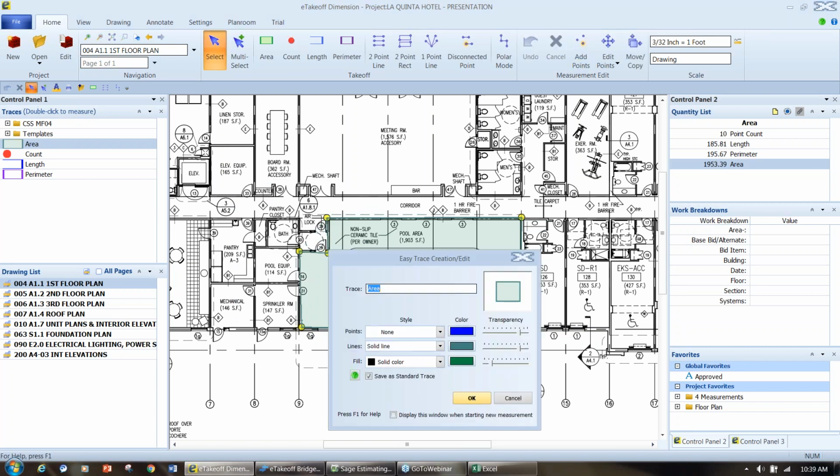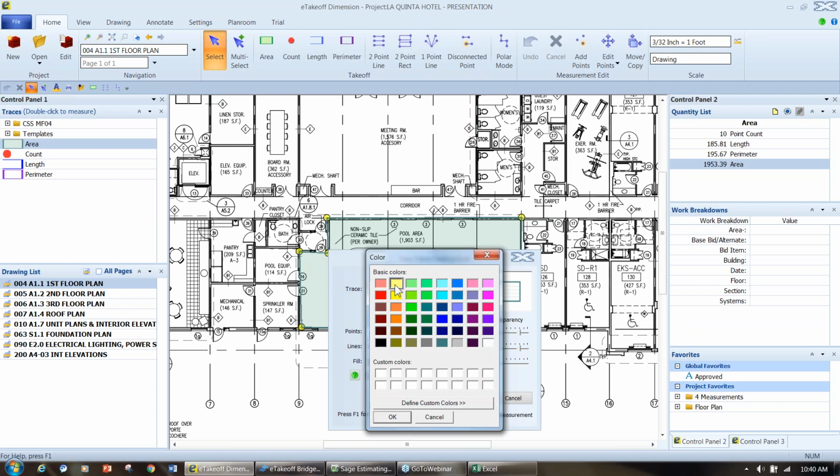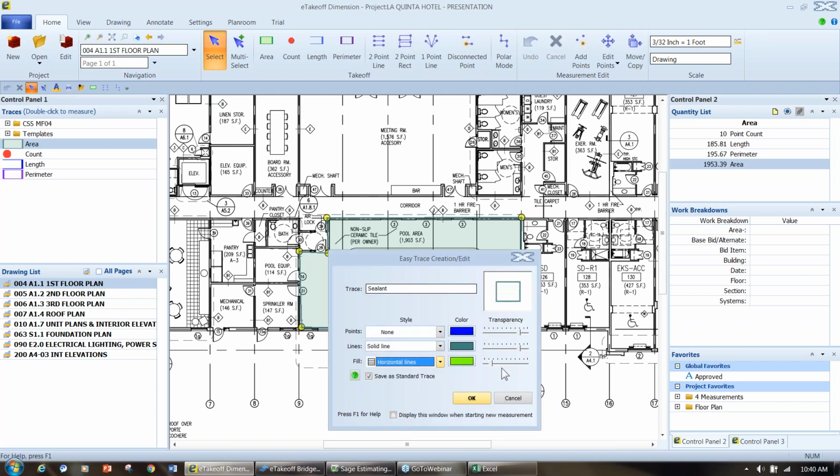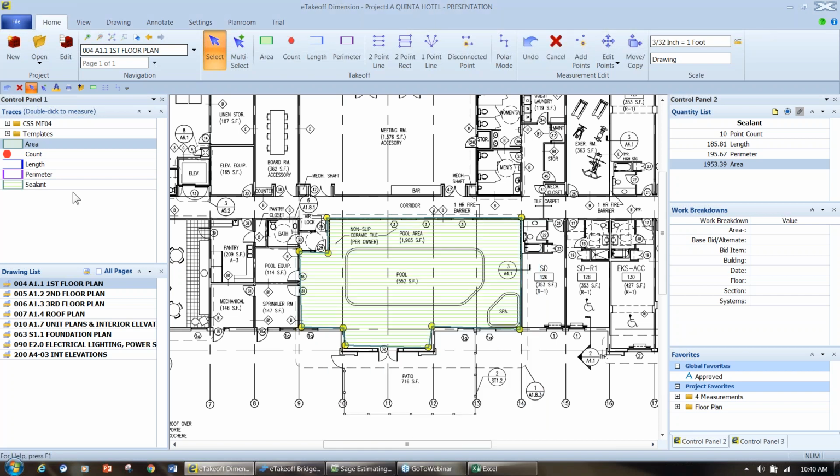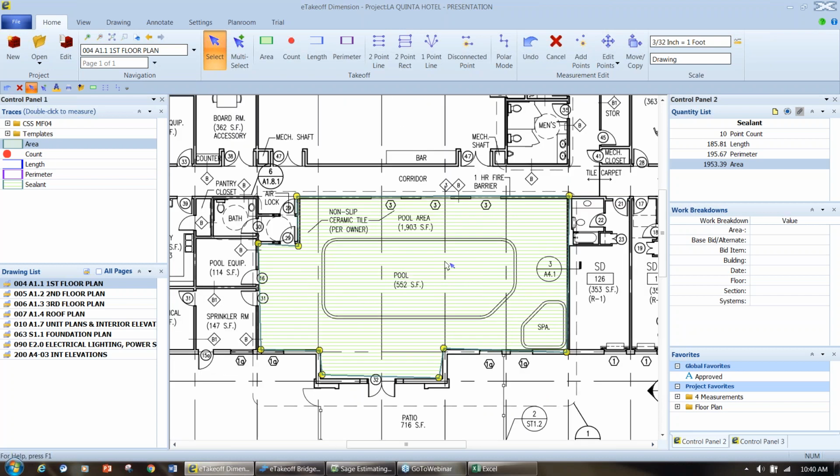Now in this case, let's call this sealant and change the look and feel of what it's going to be. Change the color if you want. Let's keep lime green as one of those things. And let's step it up a notch, see it, and say okay. Now we've got sealant ready to drop in one of our directories, but we want to go further than that